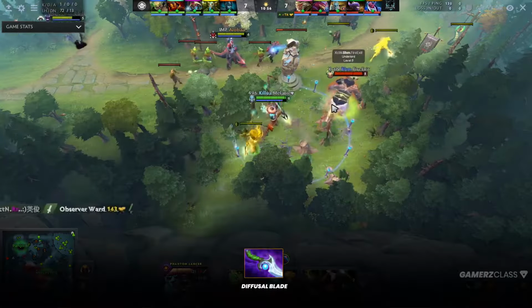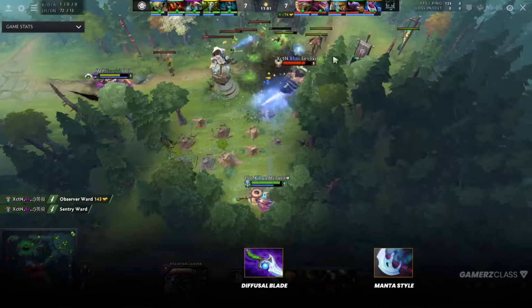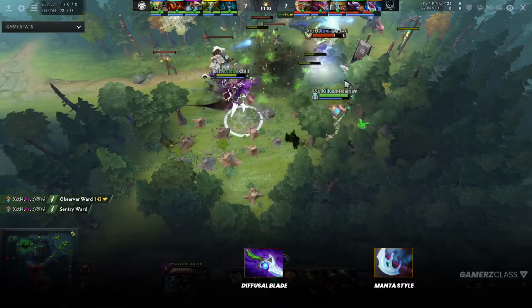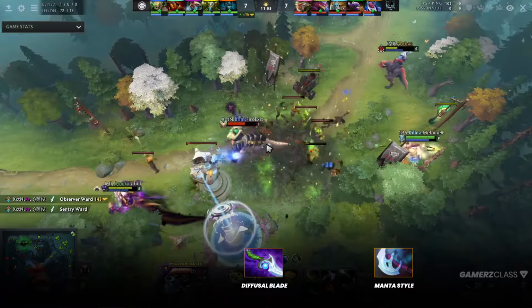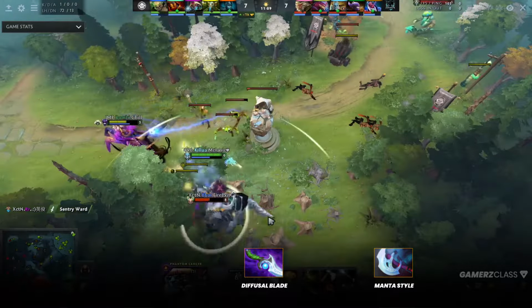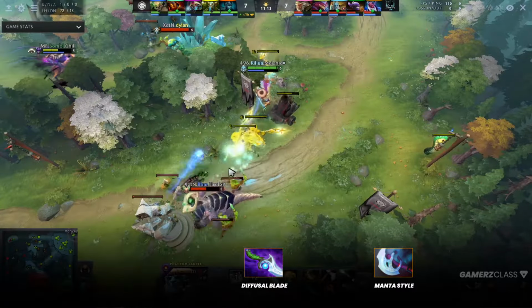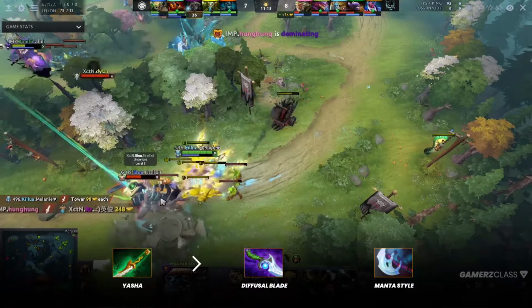So we either go Diffusal into Manta or Manta into Diffusal, depending if we need the defensive dispel against silencers, for example, or if we want to play more farm oriented and we need to basically carry the game 1 versus 9 and we know that we can't fight with an early Diffusal Blade, we usually go Yasha into Diffusal